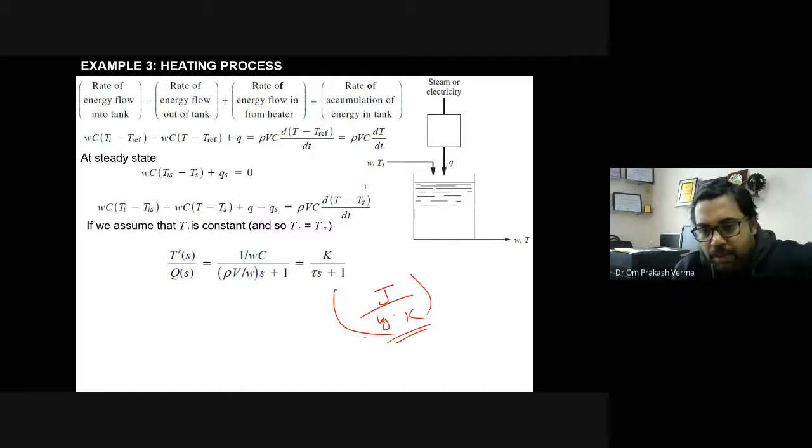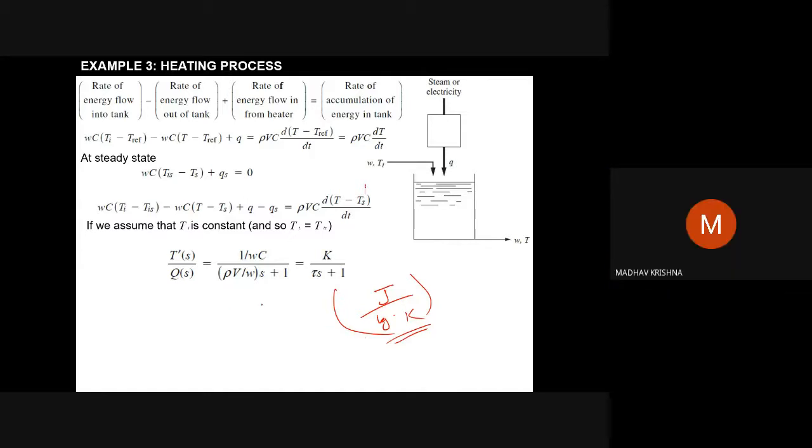Okay. So this is the enthalpy. So ultimately what we have to do, this is a heating process, so in a heating process what is going in and what is coming out, meaning which type of balance you want from the system. You have to assume that it is either the mass balance or the component balance or the heat balance. Which type of balance do you want from the system?